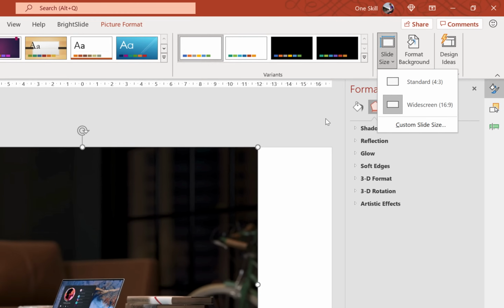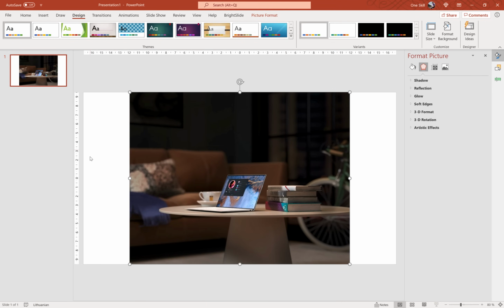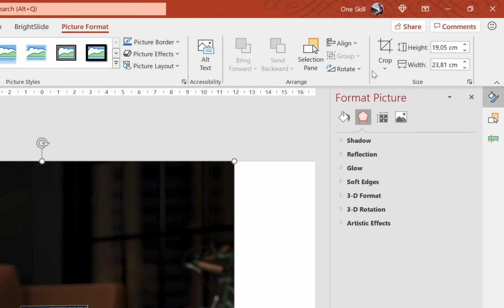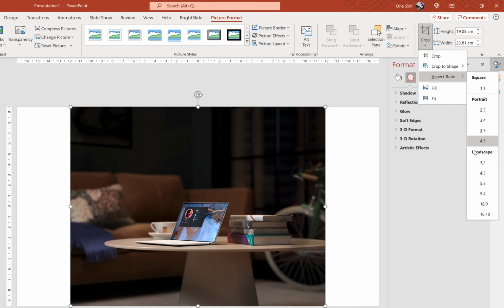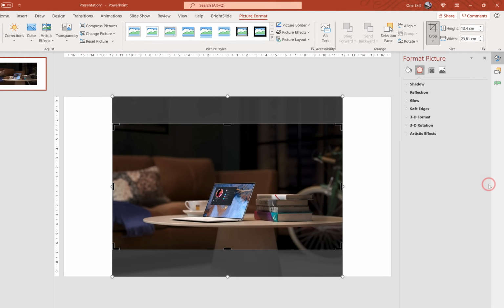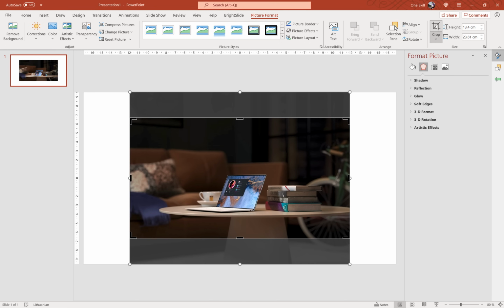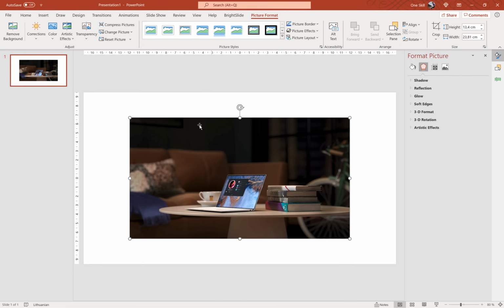Standard 4:3 was used in the old days. Alright, so the aspect ratio is 16:9. And now let's make sure that the picture is selected. Let's go to Picture Format, let's go to Crop, and let's click this little arrow below the crop button. And let's go to Aspect Ratio and let's choose 16:9. Let's click on the crop button again to apply the changes, and now our picture has the same aspect ratio